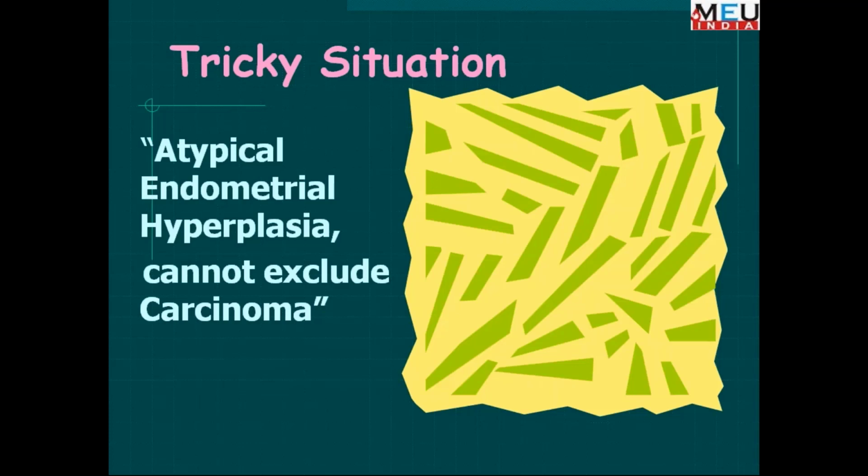Quite often we have to write this diagnosis: atypical endometrial hyperplasia, cannot exclude carcinoma. This is just to protect ourselves from consumer protection issues and to leave the decision with the clinician, whether the patient has to be observed over a period of time, or a repeat sample has to be taken, and whether the lady has completed her family or not, all those points come into